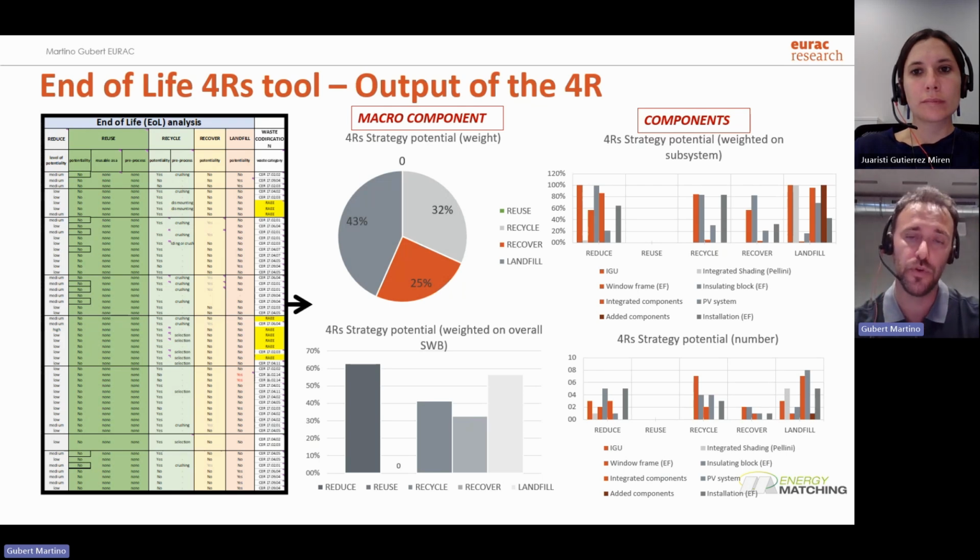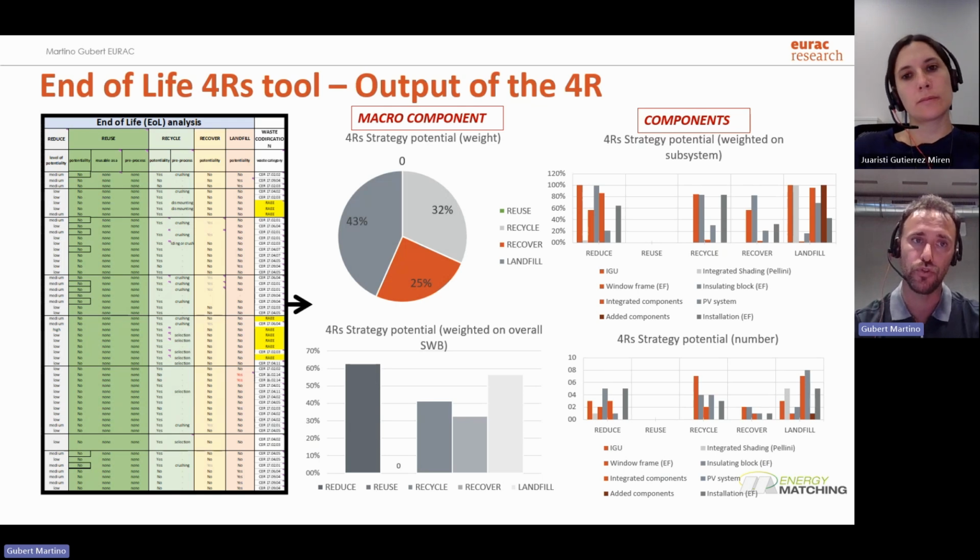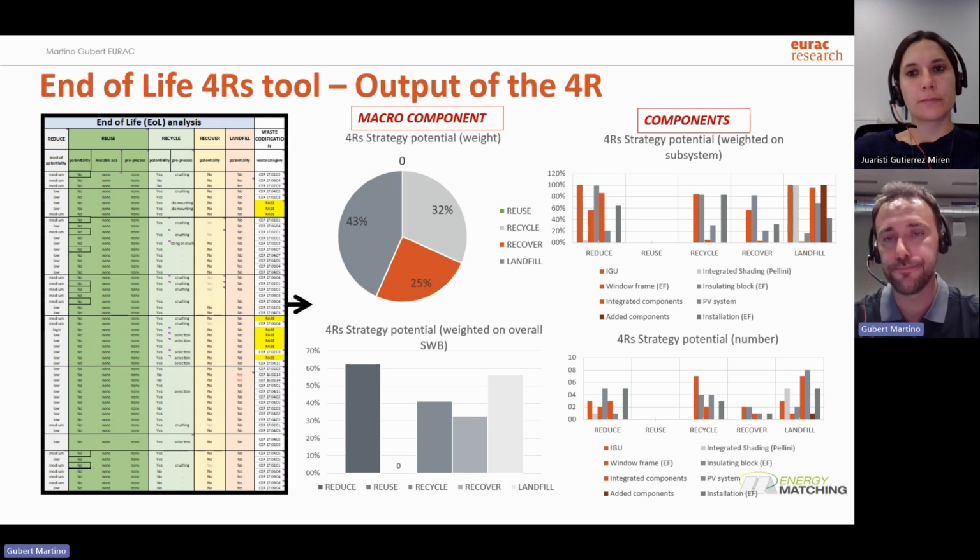So it's quite useful for the design phase, first in the beginning, as a state of the art, to know your product better, and then in the future to try to do a sort of outlook of your element, changing some parts, trying to get closer to the reused part.